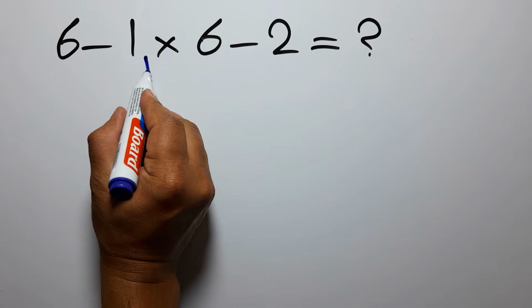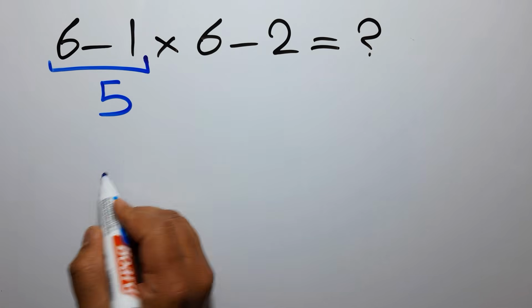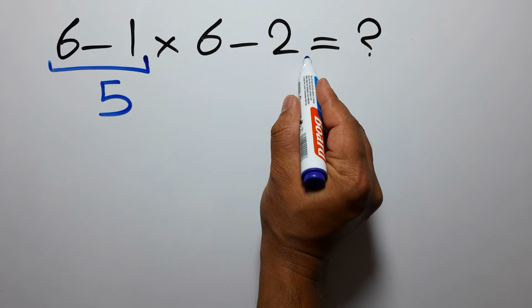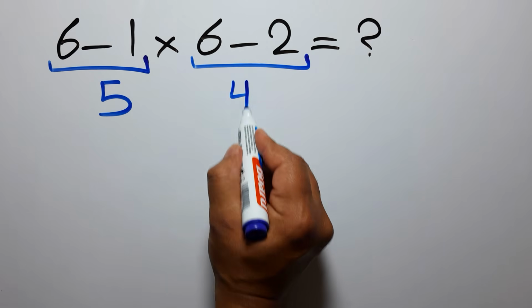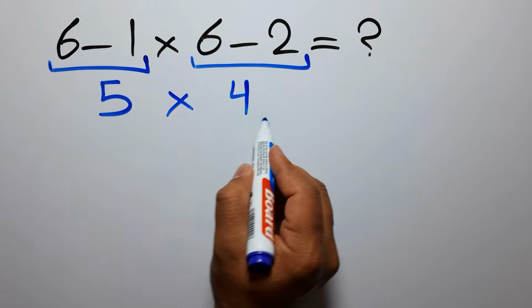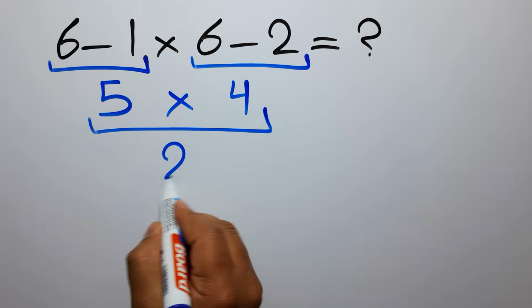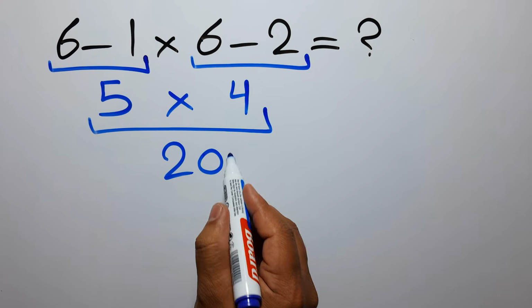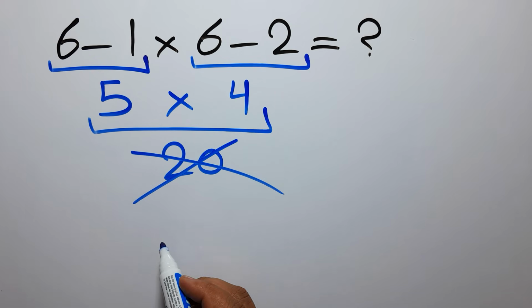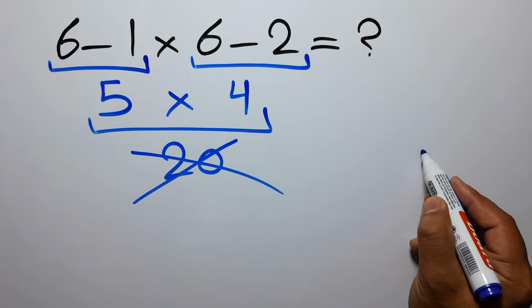6 minus 1 gives us 5. And here we have 6 minus 2, which equals 4. So 5 times 4 equals 20. But this answer is not correct, because according to the order of operations, which is PEMDAS,